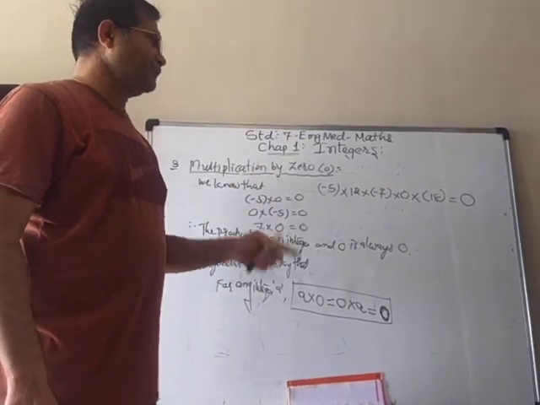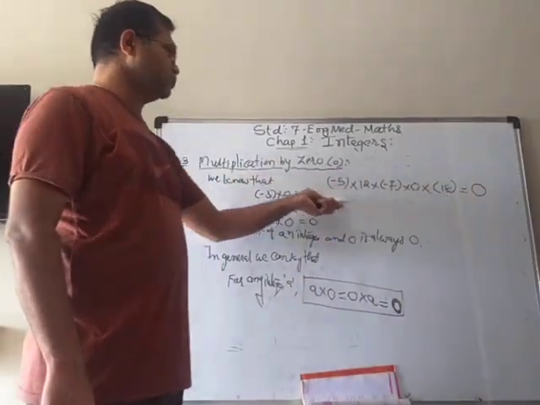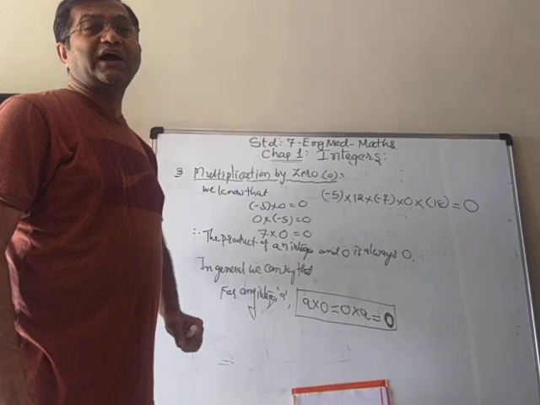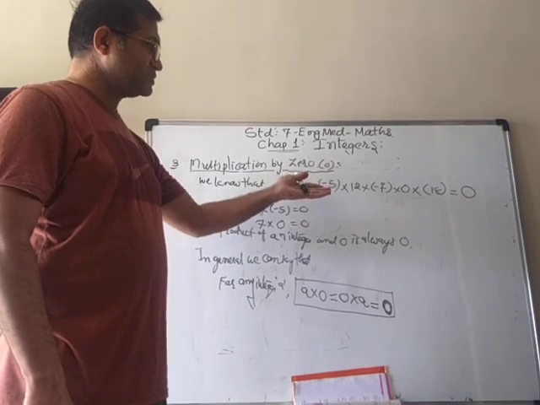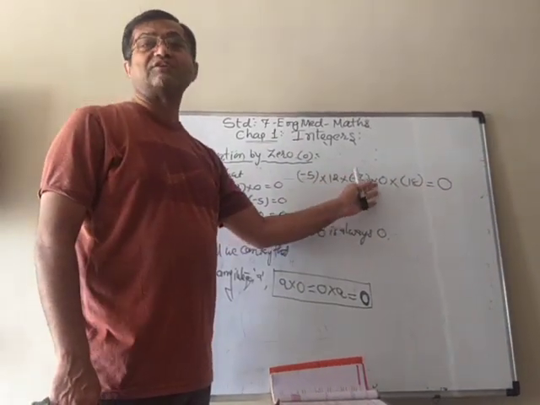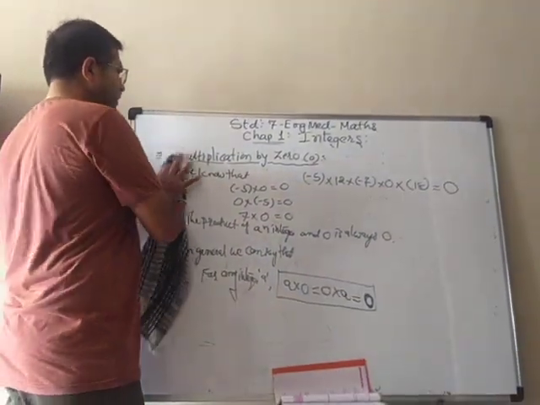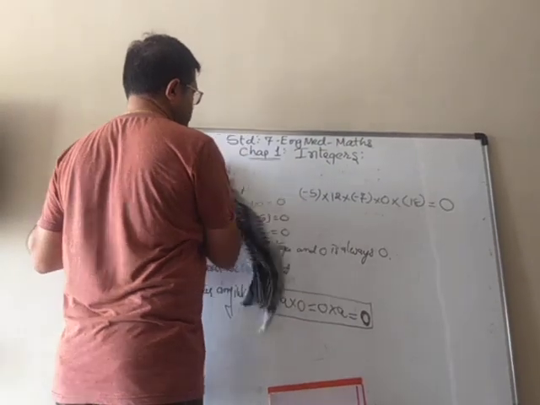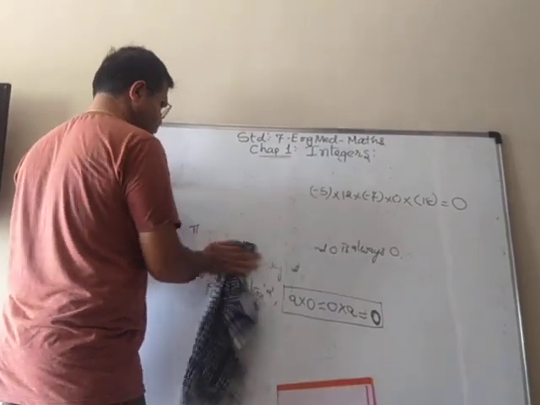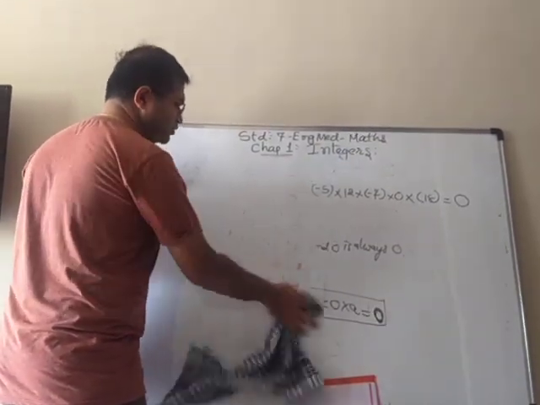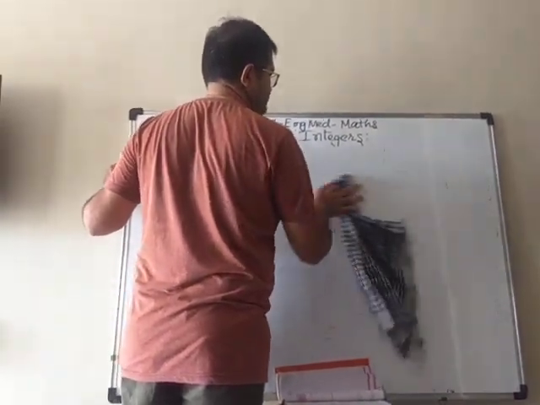Therefore, be careful that whenever there is a 0 in the multiplication, you don't have to do anything directly. You can write down the answer 0 and give the reason also, that we have learned already that multiplication of any integer with 0 is 0 again. The product will be 0. So you don't have to do anything, and just write the final answer 0. But if you forget that and do the multiplication, the answer will sometimes be wrong if you don't see the 0.